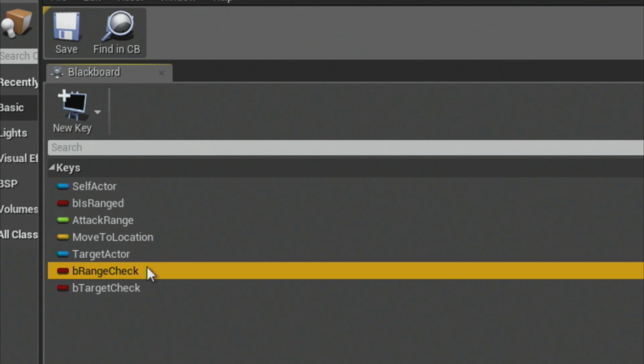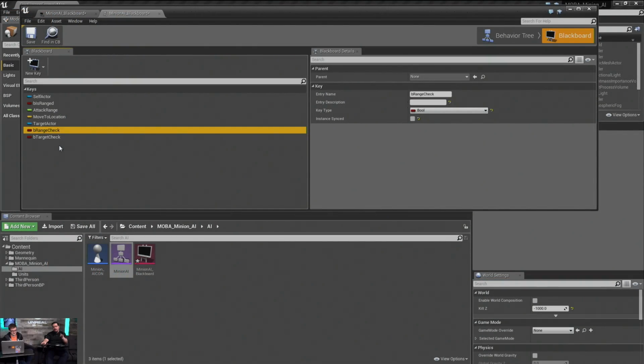So we're going to have a couple services running that are going to define how close are we to the thing that we want to be towards, whether that is a player, a minion, or a location, and that allows us to smoothly transition to what we are attempting to move towards. Currently, what would happen is if you move to a point, you get to a point, you stop, and then you redirect yourself. What we're going to do is have a very tight radius around completing the move to, but a large radius where we're going to detect about every half a second or so, where we're going to say, am I within range enough that I should change direction?